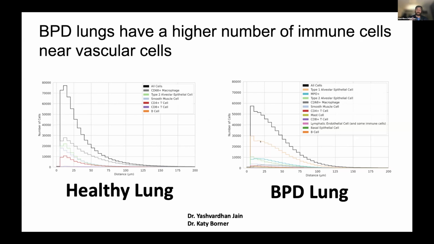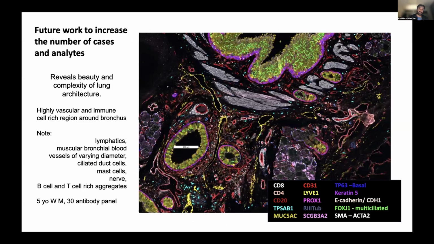So this is basically now a way to get into where these immune cells are in a disease state. And we use bronchopulmonary dysplasia as the illustrative case study that we're doing. And the idea then is we will be able to go into additional diseases and map out where these immune cells are in relation to the vascular, not only the arteries, but also inside the alveolar regions